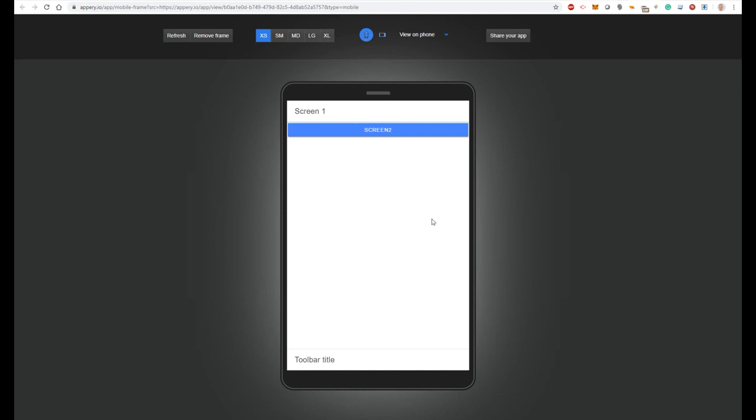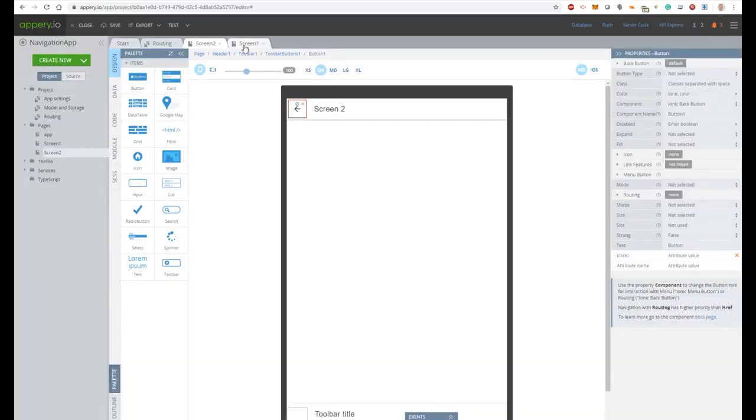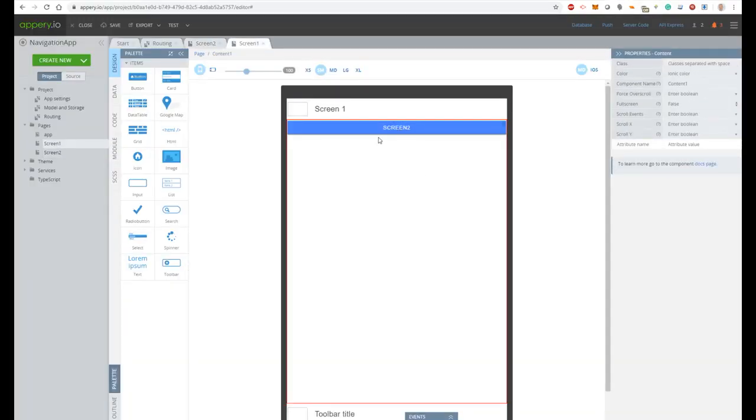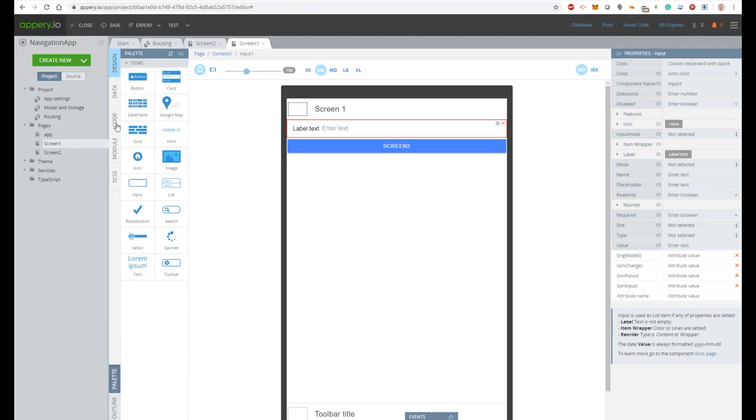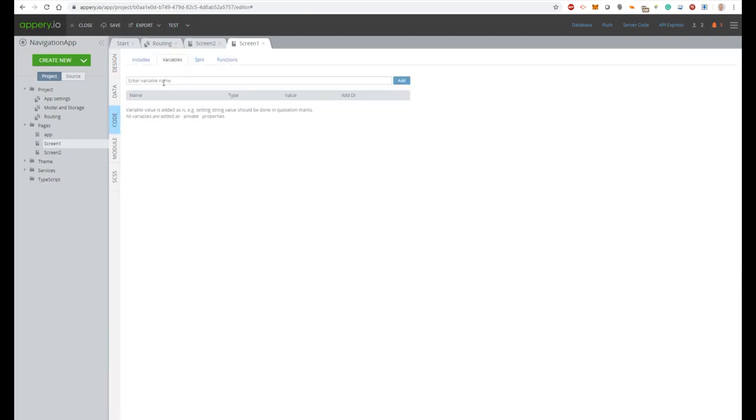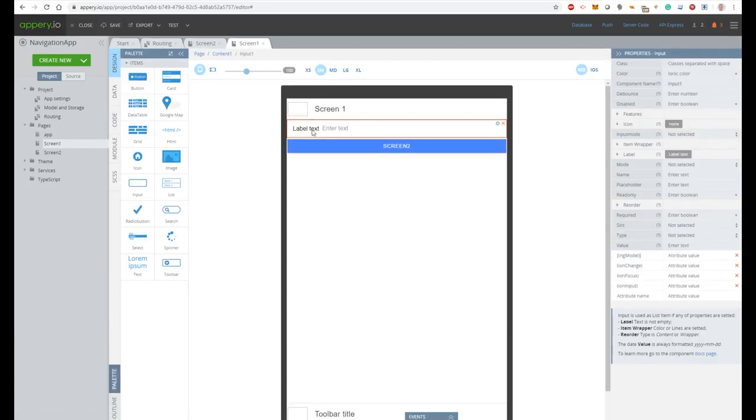Now let's consider situation when it is needed to pass some parameters during navigation. We will pass parameter from screen 1 to screen 2. For that, first let's add input component, and also let's add variable param. Specify property ng model of input component as a param,